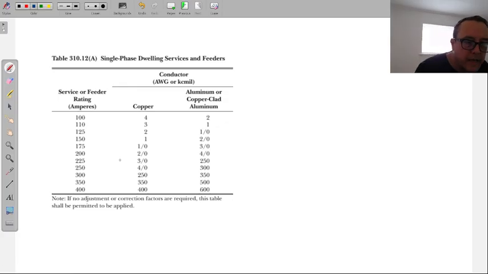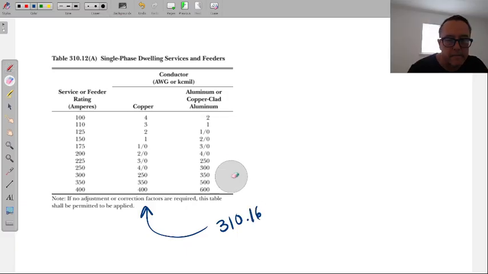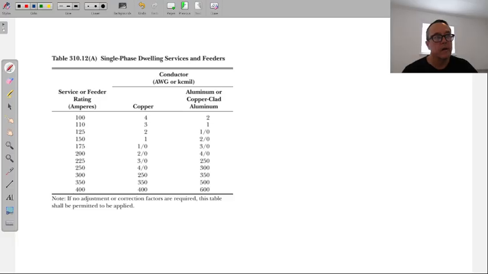Meaning if there are abnormal conditions, then we go to table 310.16 and we apply the whole process, and then we select the wires from 310.16. All right, we do the whole math, which we're going to do now. Now, one last thing that I wanted to mention, again, I just thought of it here, was the parallel conductors that we talked about last week.